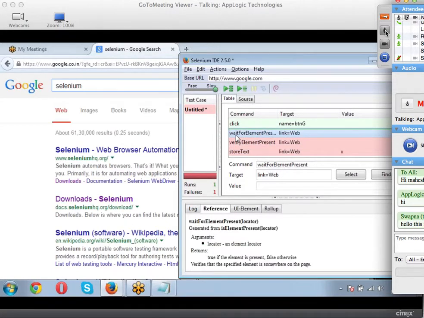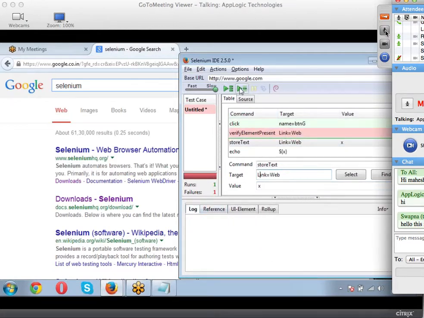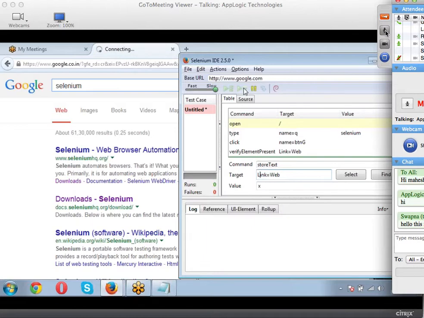See, I'm just removing this wait for element present. Now I would like to store this for my objects. I am changing the class name, if you observe, to capital letters. Please observe what's happening. Okay, and next we run it again. No, I am not using any wait commands, no synchronization commands. Direct command, verify command, and then store.